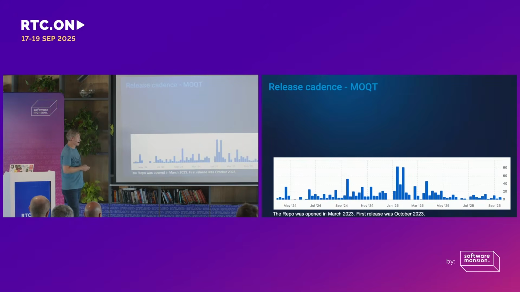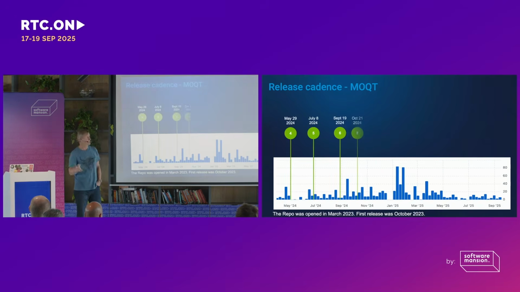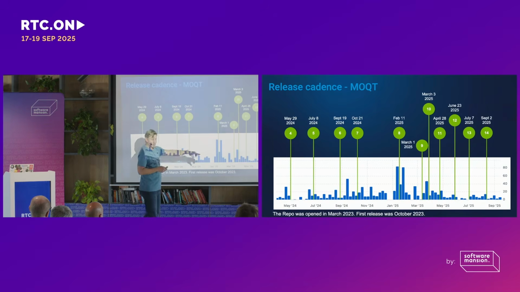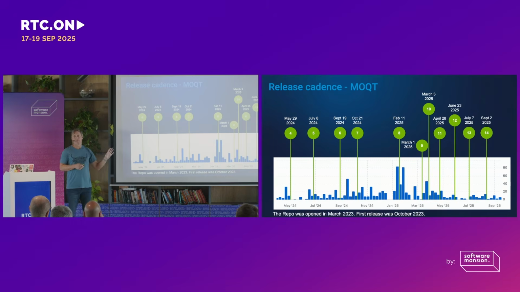What's the status? The repo began in 2023, and since then we've had a number of draft updates, and there's been a lot of them. The last one was released just earlier this month. We're on draft 14. The chairs put out a goal of basically completing MOQ transport midway through 2026, which is next year. So this is not a product you can buy or sell today, but there's an awful lot of development going on in parallel to the spec. The oscillations in the spec, the wireline changes, are being reduced with each draft that comes out.